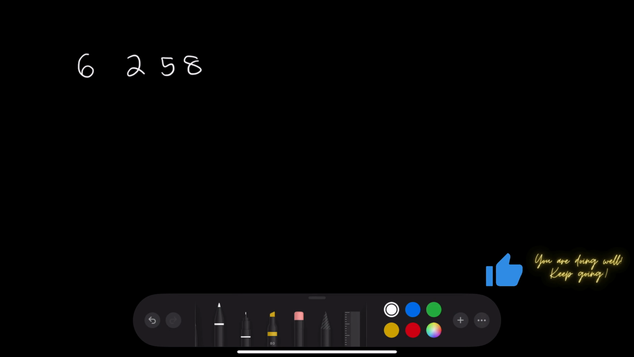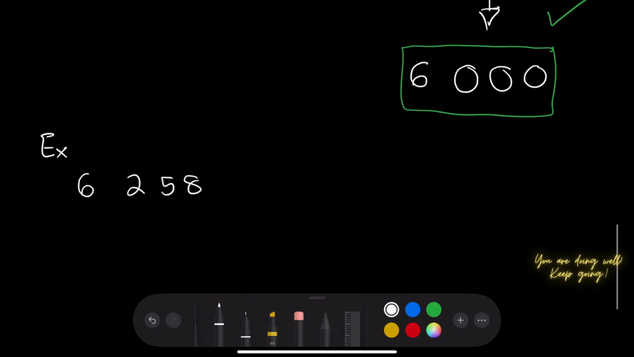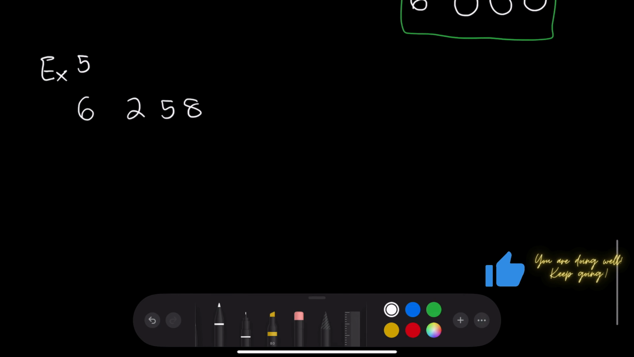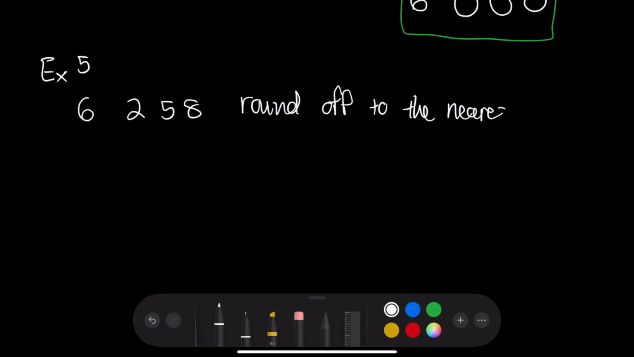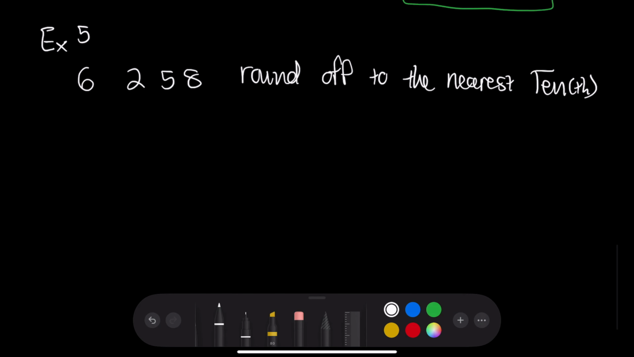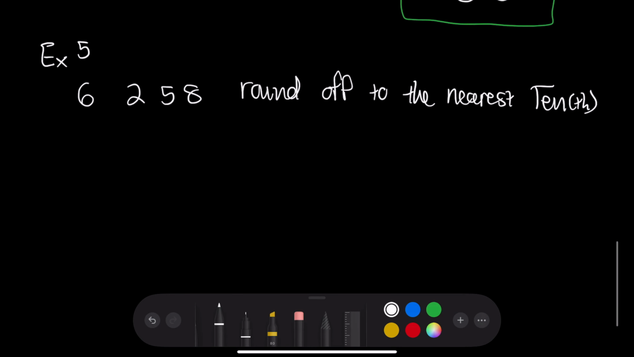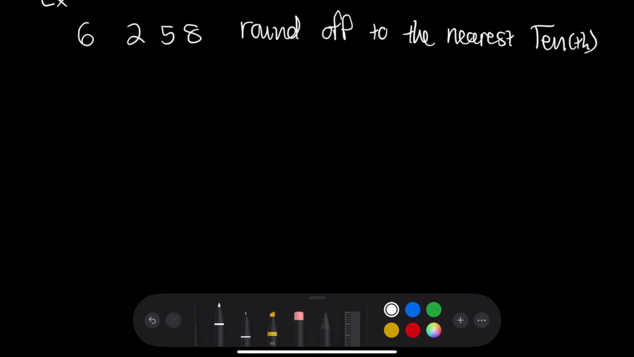We can even consider the same example once again, 6, 2, 5, 8. Let's say this is example number 5, and it says consider this value and round off this value to the nearest 10, or 10th, right? So as you are rounding off to the nearest 10, you go back to the same system. You write out the number